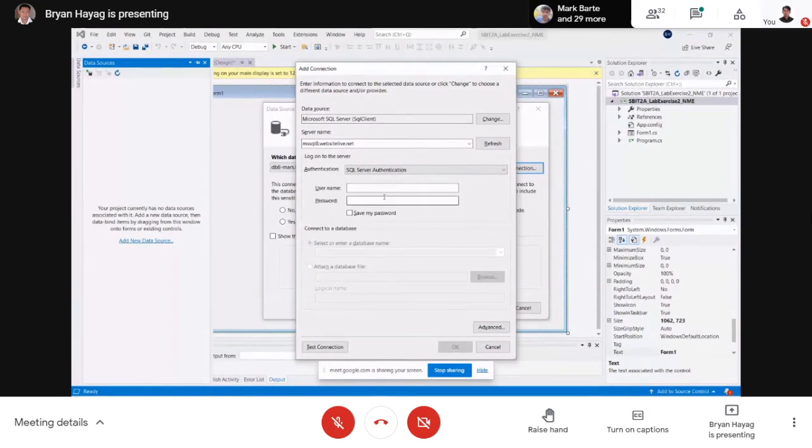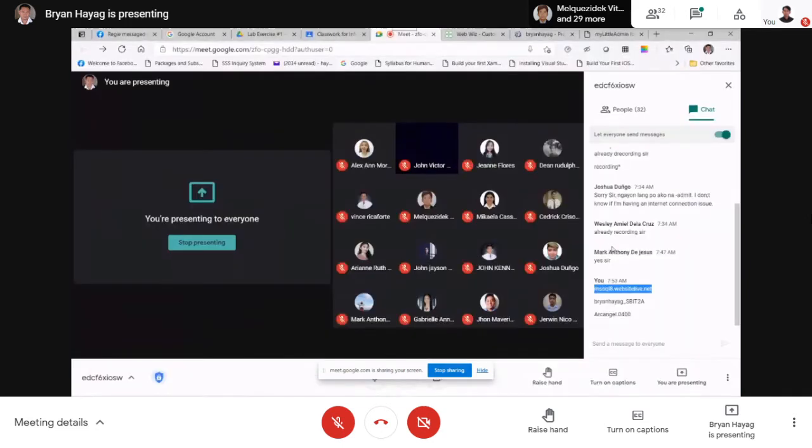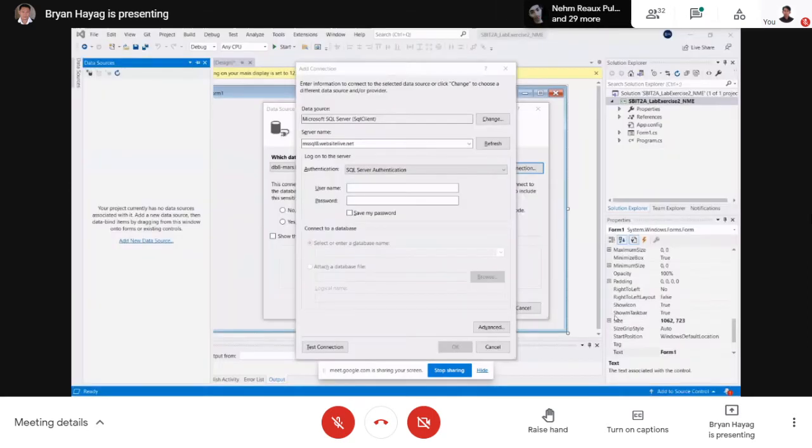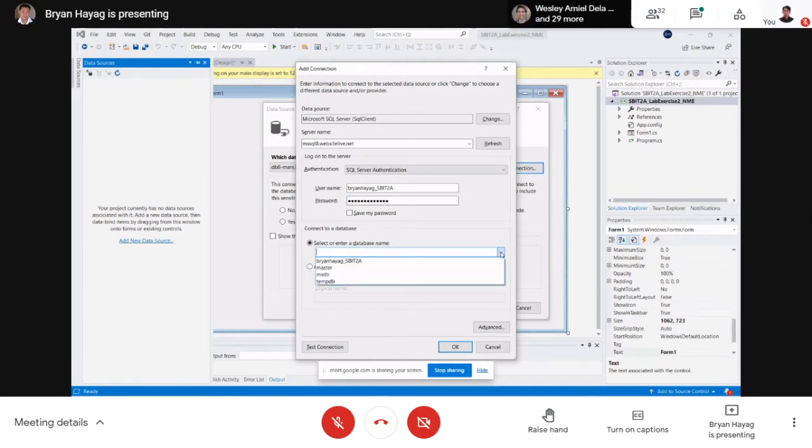Nakuha? And what should be the authentication? Well, of course, pwede natin lagay dito yung credentials that we have. Okay, so Control V. And then the password, of course. It's the Archangel 0.0400. Okay? And of course, if I click here, I would be able to list the name of our online